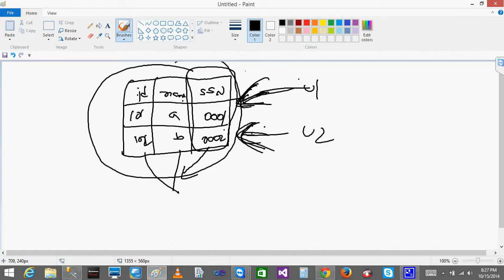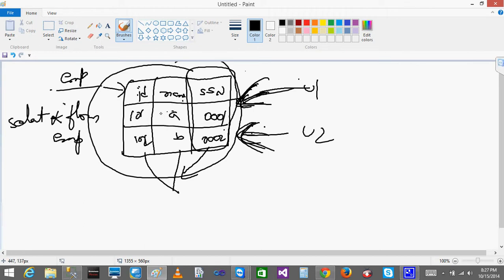No idea. So normally, since user 1 wants all the columns, let's say the table name is EMP. You will write select star from EMP and get all the columns.